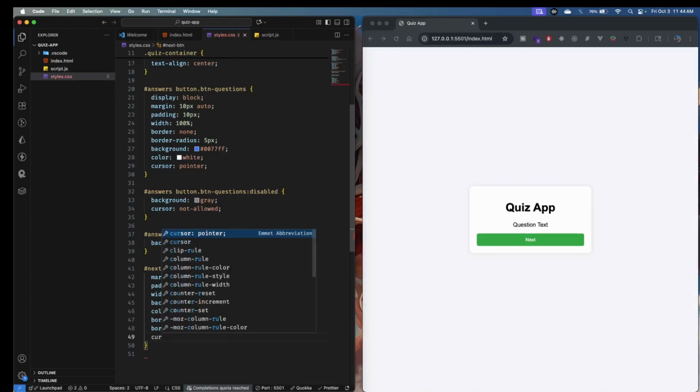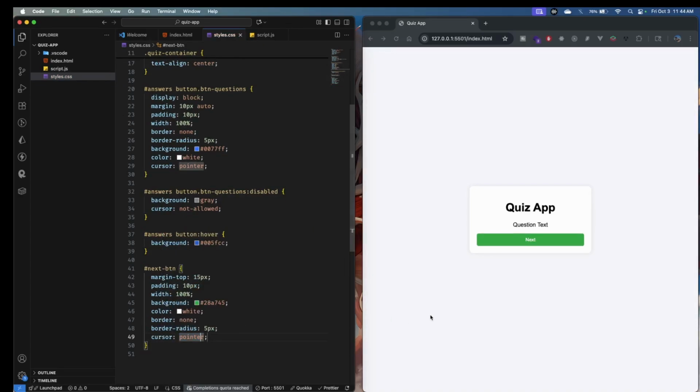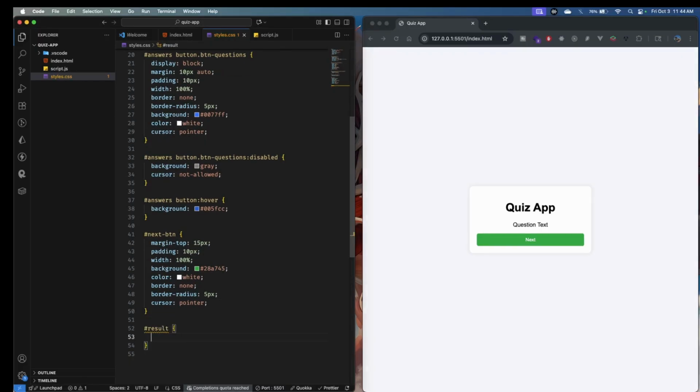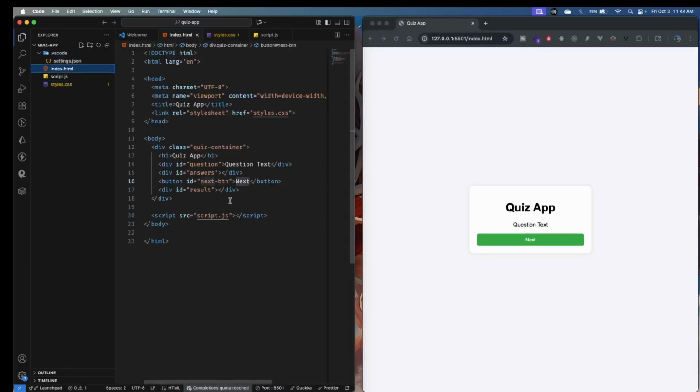We want cursor pointer. So as you know, if I hover over the button, you see that it changes the cursor. Good. And for the last, we want result, which is for the score. And we are referencing that here, as you see, another div with the result, where we are going to be showing the score that the user got at the time when he answered all the questions at the end